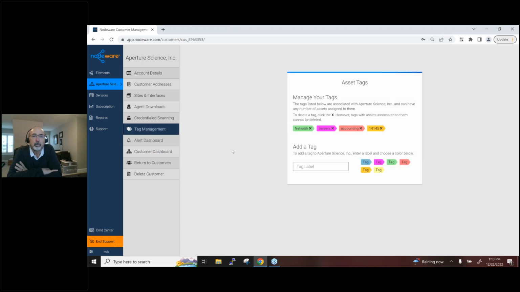Tag management, relatively new in 2022. Based off of any tagging methodology, you can create tags. So if I wanted to create a tag called Fix Me, I can create that. I want to select the color pink. There it is. I can add as many tags as I want to this, and I'll show you how to apply them when we get to the customer dashboard data results.